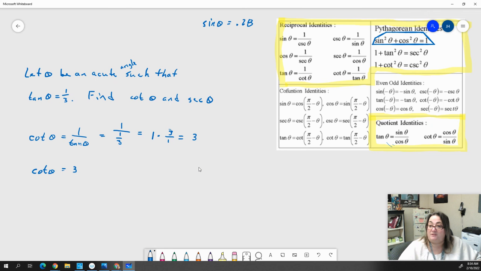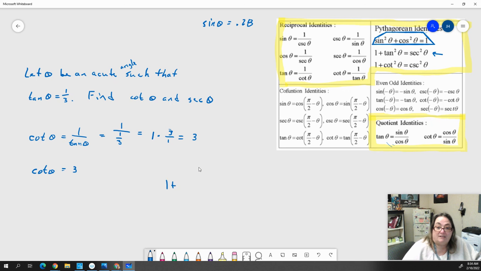Well, I have this one right here. It's got tangent and it's got secant. It's a Pythagorean identity. I can do the one that's cotangent, but that has cosecant. It doesn't have secant. The only thing that has two of the things that I have information about or need information about is that